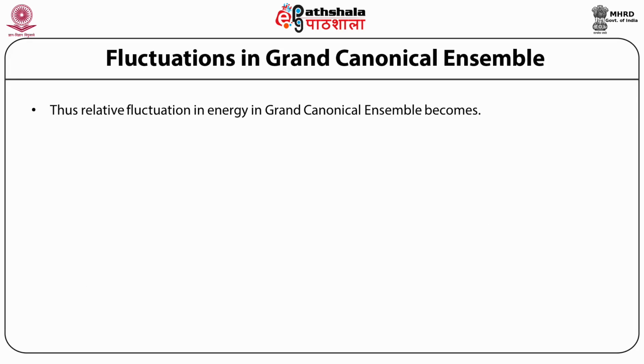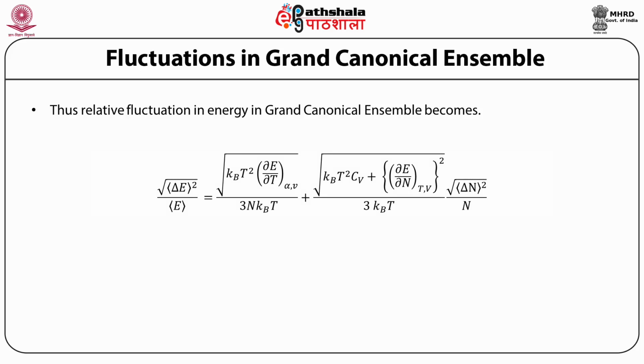Thus, relative fluctuation in energy in grand canonical ensemble becomes equal to square root of kBT square partial derivative of E with respect to T at constant alpha and V divided by 3n kBT, plus kBT square CV plus partial derivative of E with respect to N at constant T and V whole square, divided by 3 kBT multiplied by the relative